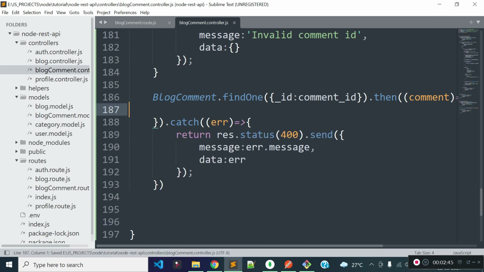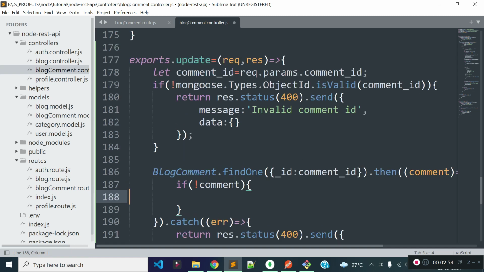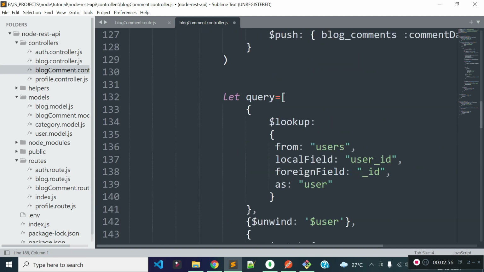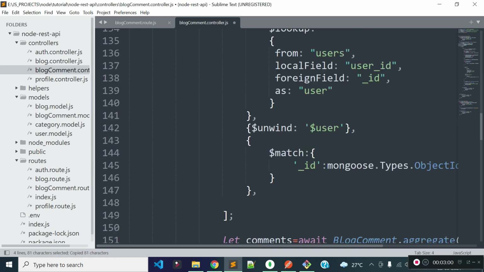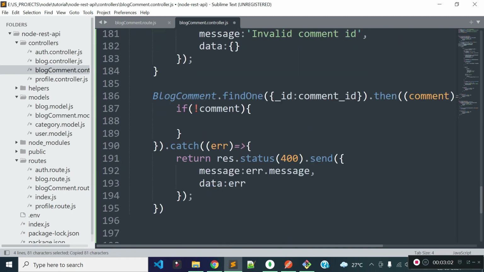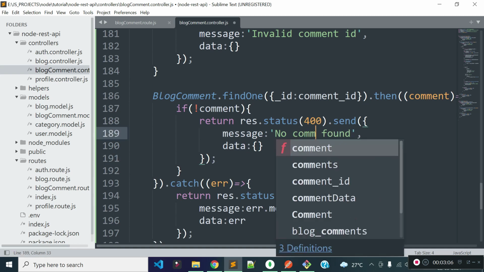And inside this callback method, I'll check if no comment is found, then I'll return a JSON response with message no comment found.